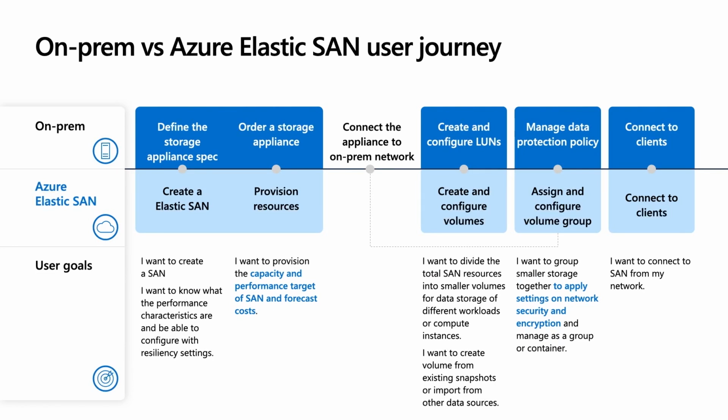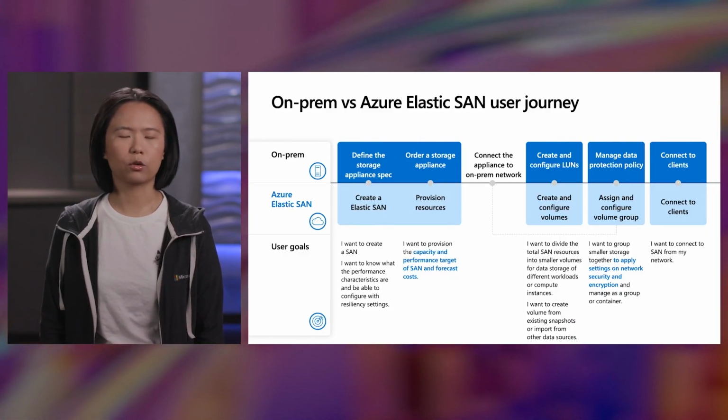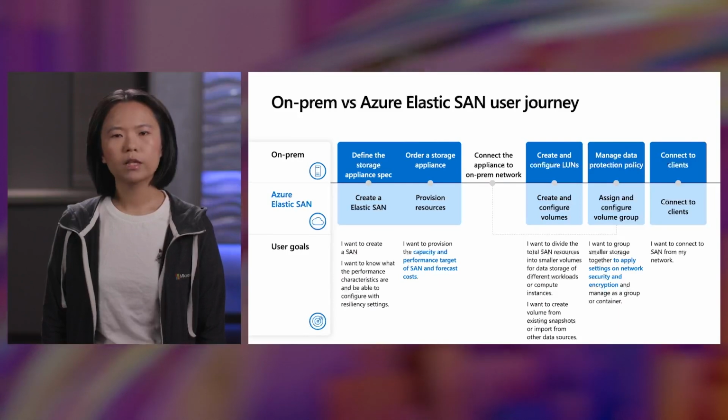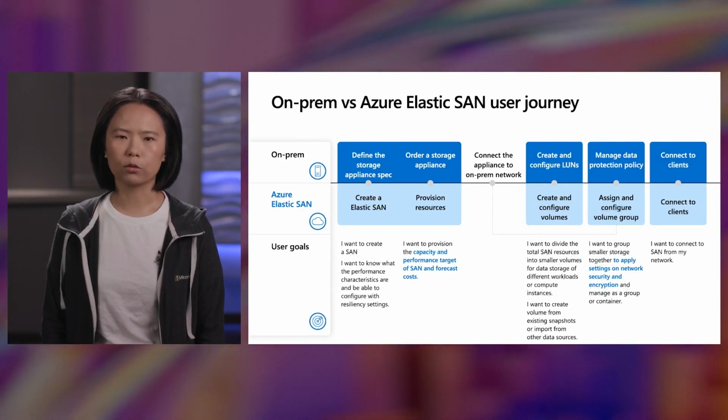We also simplify the security and network configurations of your storage by introducing a management group as volume group. Any setting changes on the group level will directly trickle down to all volumes. With the introduction of Azure Elastic SAN, we extend our block storage portfolio to meet wherever your workload needs are.